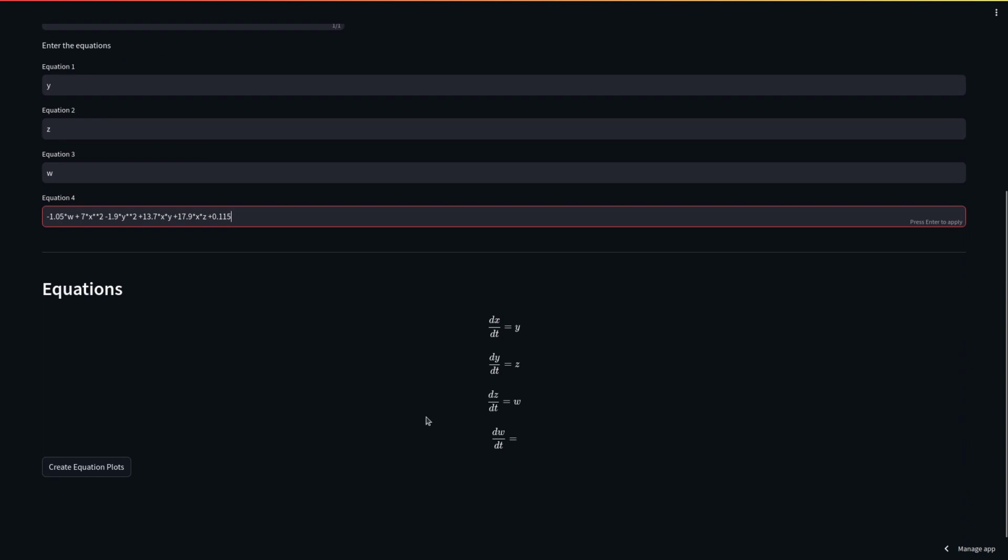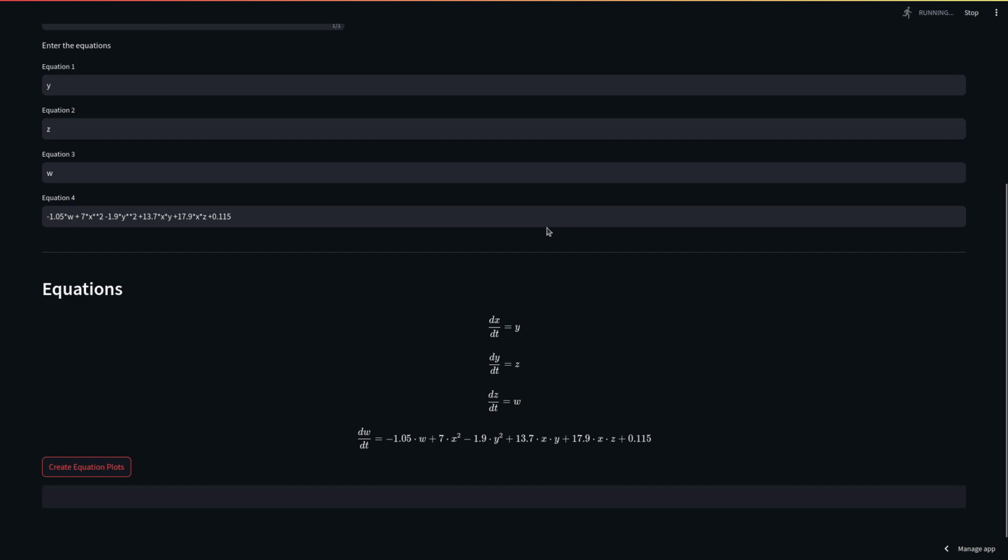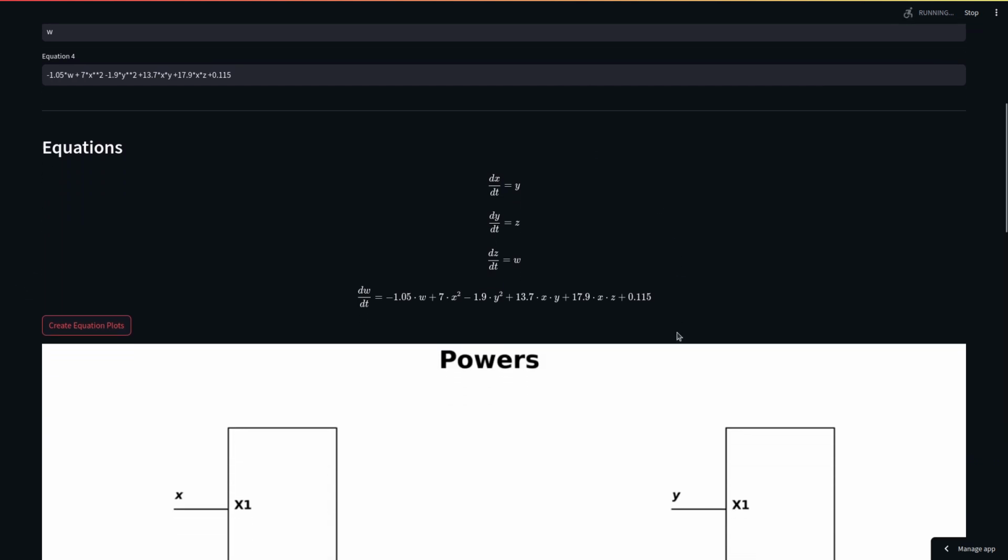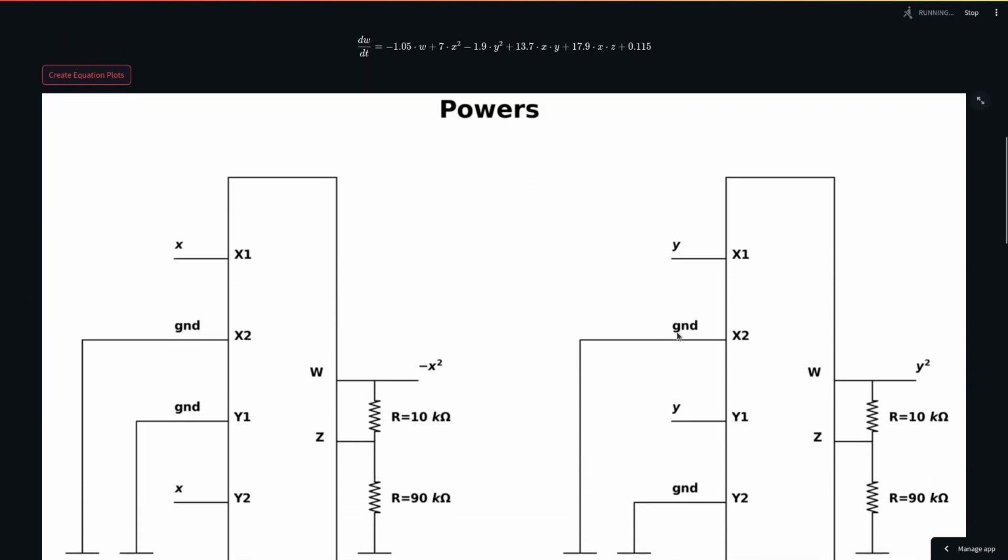And then we can see that clicking here the equations appear so that we can verify that the inputs are correct, and pressing the create equation plots button we start and we see the figures. The first figure has to do with the generation of all powers. We only require powers in the last equation in this case, and it's x squared